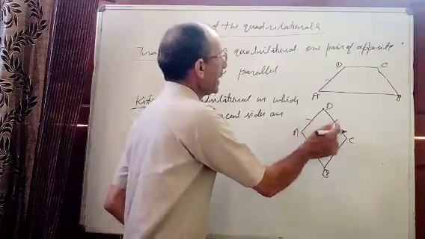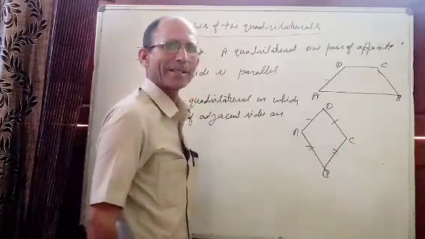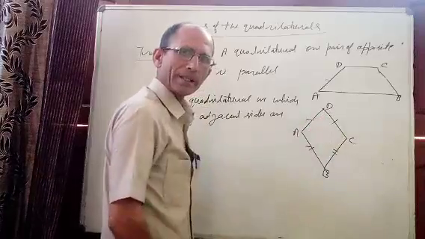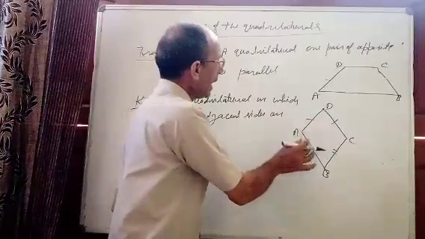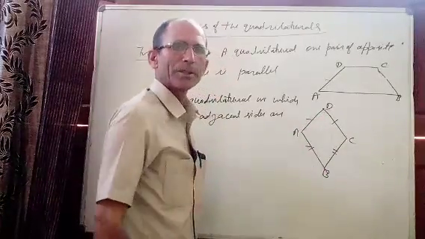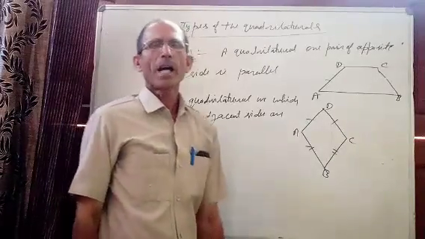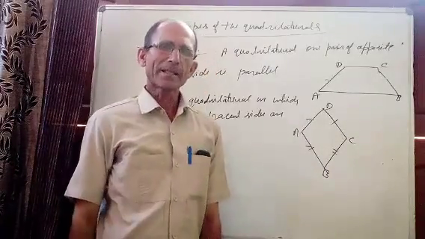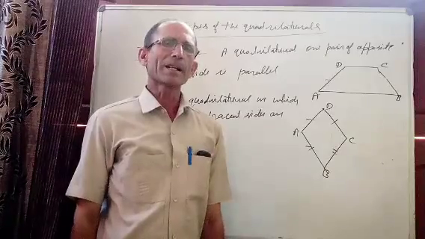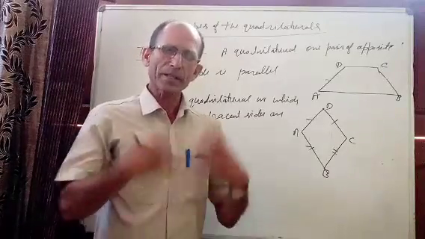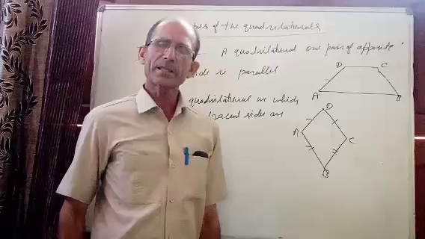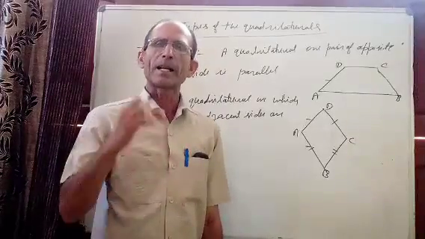In this one, AD and CD are adjacent sides. So this pair of adjacent sides is equal, and AB is equal to CB. So this pair is also equal. So these are the types of quadrilaterals. In the next discussion, we will discuss the operations of quadrilaterals: area of a square, area of a rectangle, area of a rhombus,